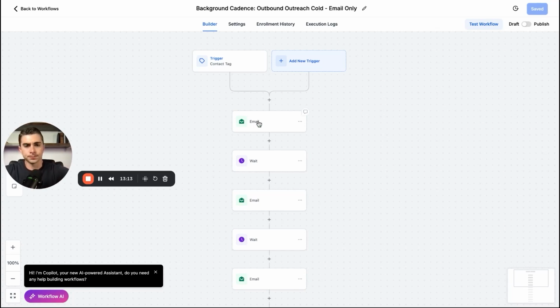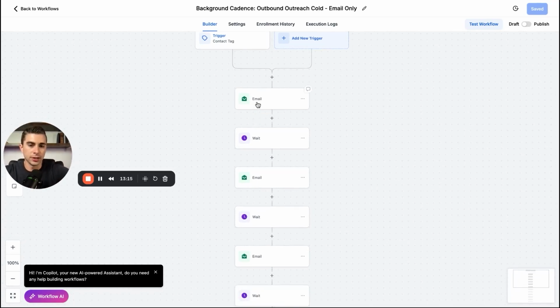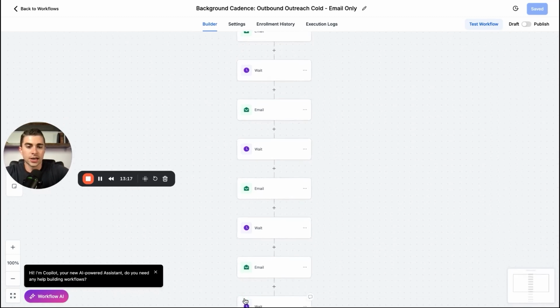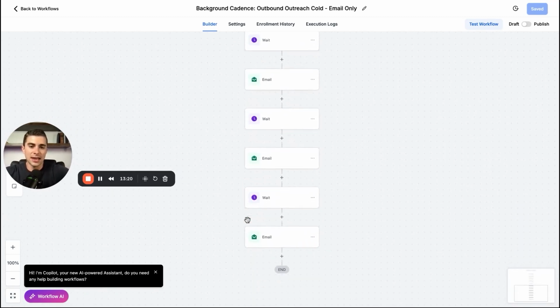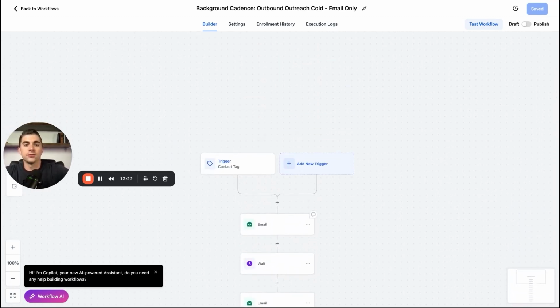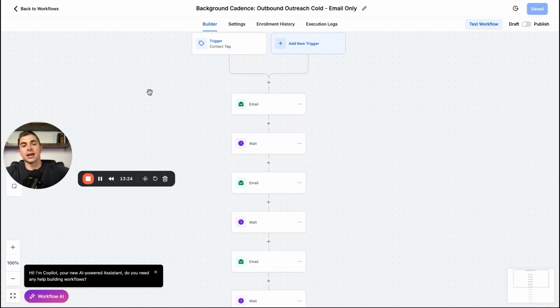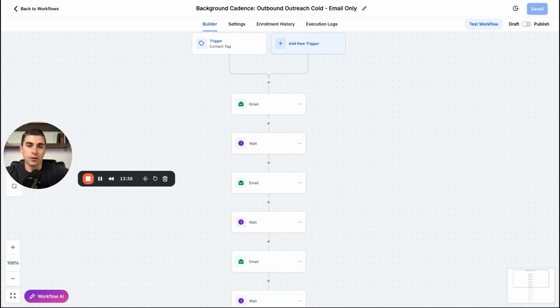But then after that, what I would do is I would do an email, a wait step, an email, a wait step, and I would try to get around 7 to 8 emails out to these individuals. Because in sales, again, you're usually not going to get a response off of the first or second email. Emails get buried. They're not going to be able to see them. So how do you provide good, quick information to them in order to stand out, even though it's more automated and you do need higher volume for this?